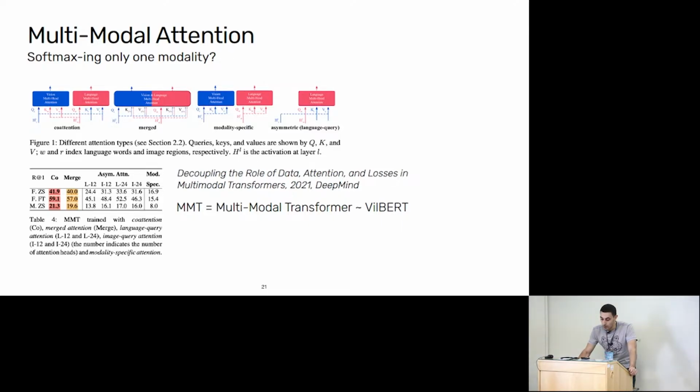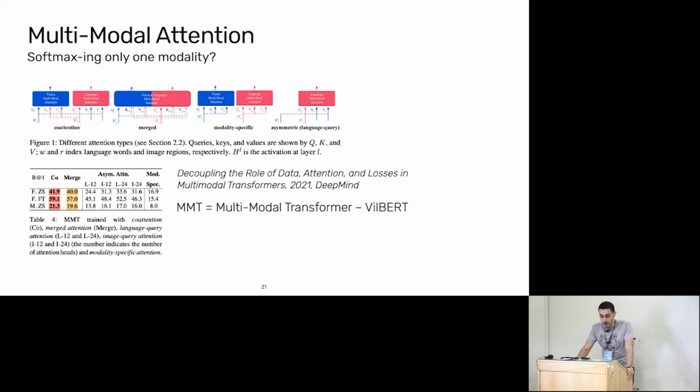So one of the most important kinds of research that I love is trying to not combine every good idea, but trying to prepare a complex overview of the effects of every design choice. And there's a paper just about that, decoupling the role of data, attention, and losses in multimodal transformers, also by DeepMind from last year. And they talked about two things. First is mostly attention mechanisms, and the second is loss mechanisms.